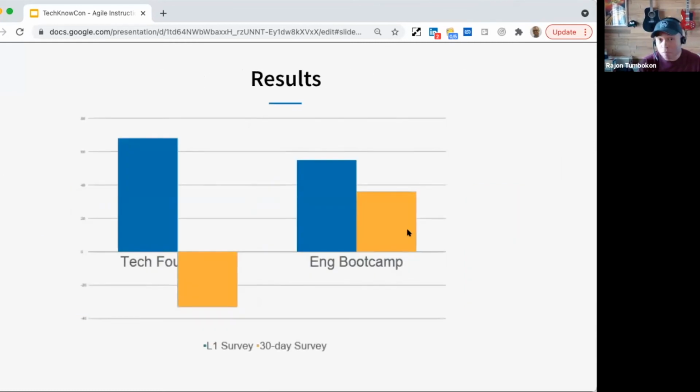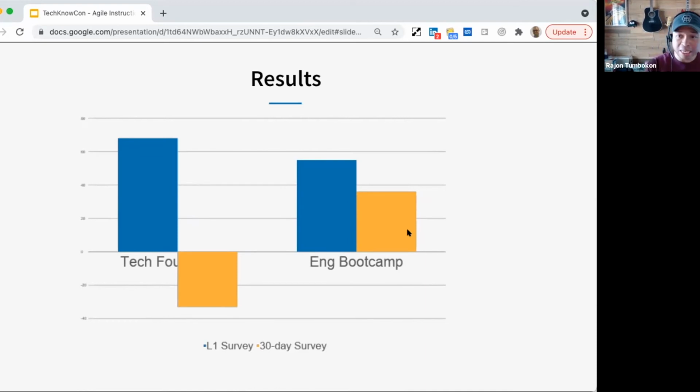So one of our most well-known programs at LinkedIn is Engineering Bootcamp, where we actually apply a lot of these principles, especially in the forms of what we call mentor track breakouts, where based on what type of engineer you are, you're kind of thrown into a scenario where you have to start making code changes. So that's Engineering Bootcamp. Prior to Engineering Bootcamp, we had something called Tech Foundations. Tech Foundations was like a one-day content-centric course where information was just presented to you.